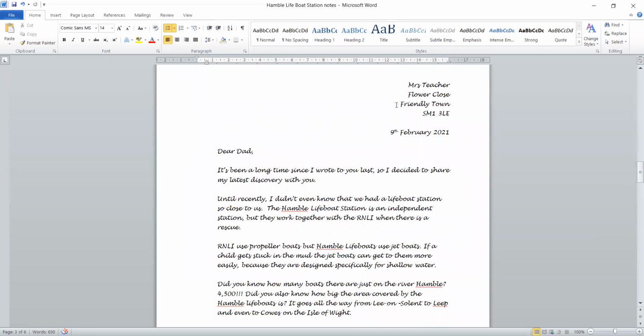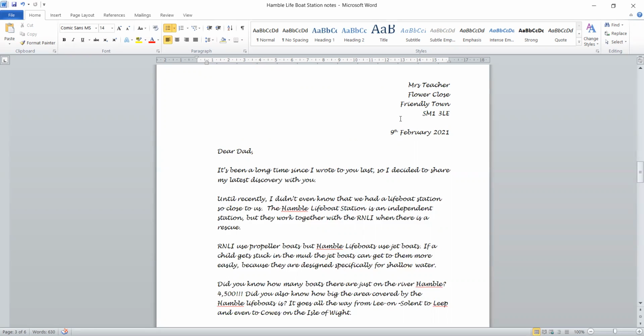Now, I have my address here in the top right-hand corner. The reason why we write our address in the top right-hand corner is so that when we send a letter, the person that receives the letter has our address if they would like to reply to us, so they know which address they can send the reply to. The address of the person we are sending the letter to is going to go on the envelope. So the first thing you need to do, children, is to make sure that you have your address in the